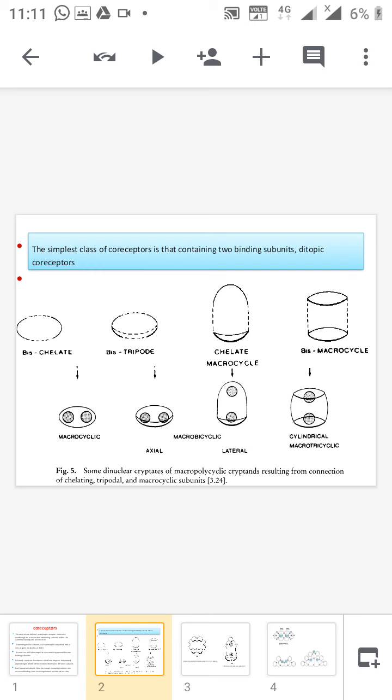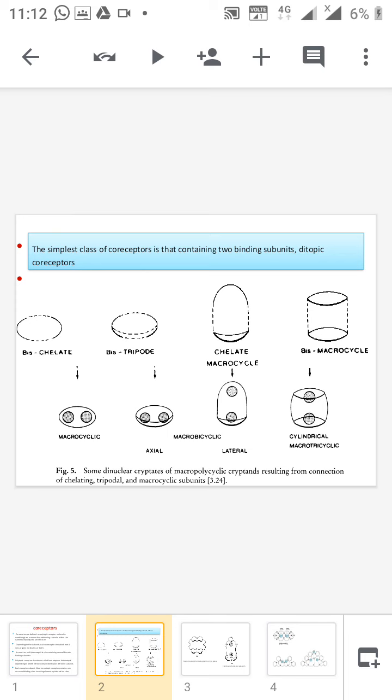So the top of the slide represents the receptors, coreceptors, which have different shapes. The first one is the ring shape. The second one is the 3D plate-like structure, the third one is a cage-like structure, and the last one is just like a container which is open on the top and bottom. The bottom one represents the coreceptors binding with the host molecule, and all of them